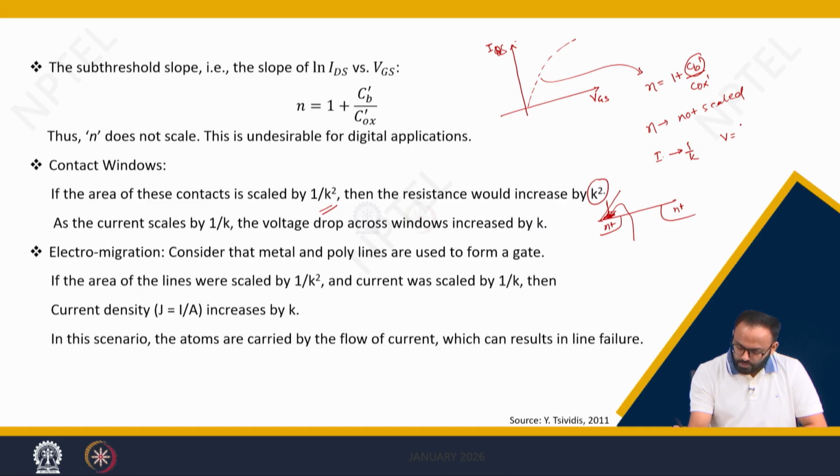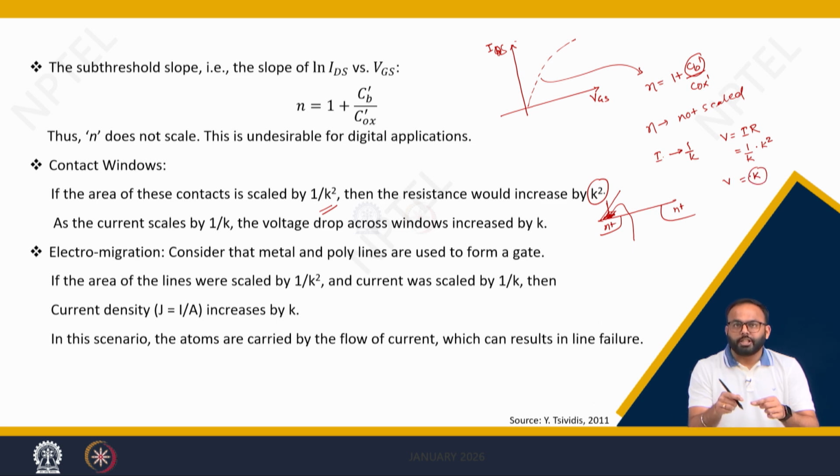V is equal to I into R, this is 1 by k into k square. So, the voltage will be k times. It means the voltage drop near the contacts will be scaled by k, which is undesirable again, right. There is another